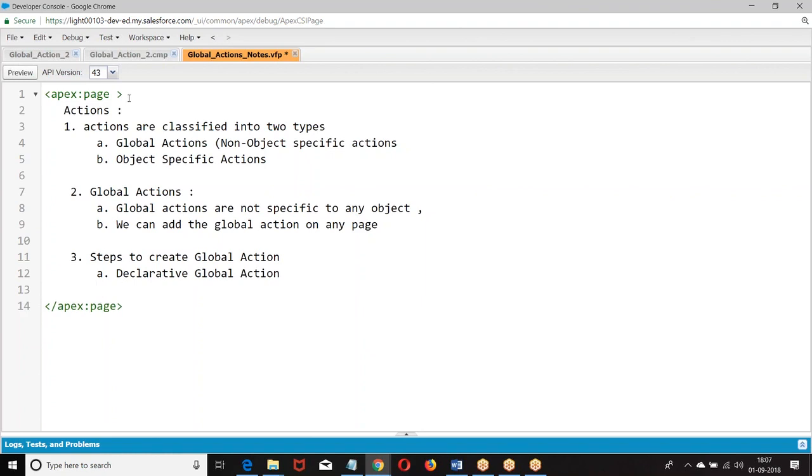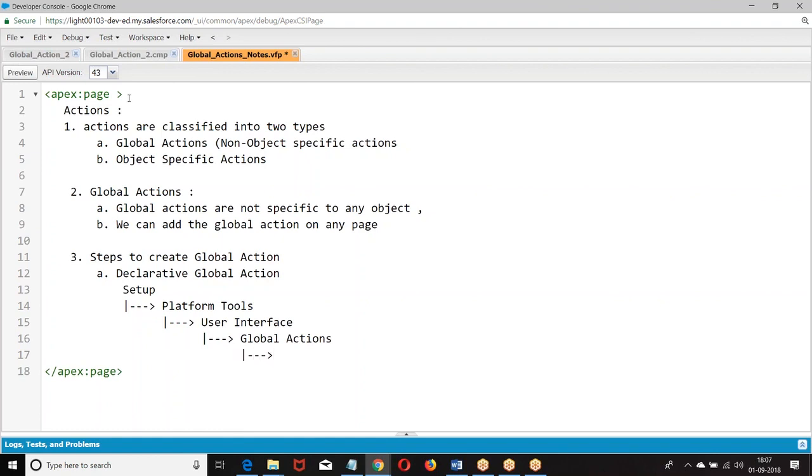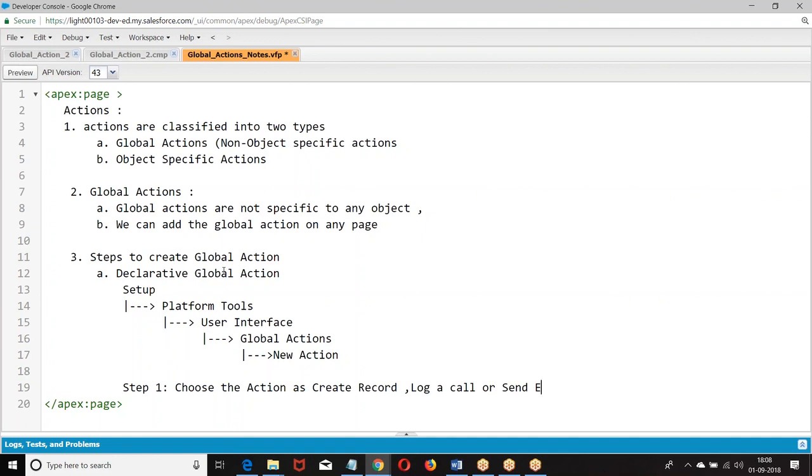Declarative global action. When you say declarative global action, setup, platform tools, user interface, global actions, these three are declarative.